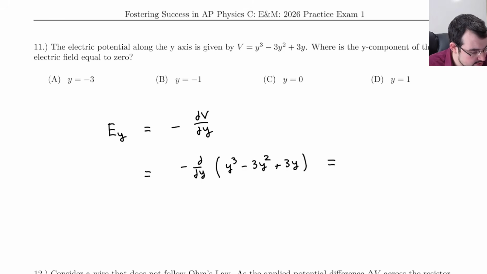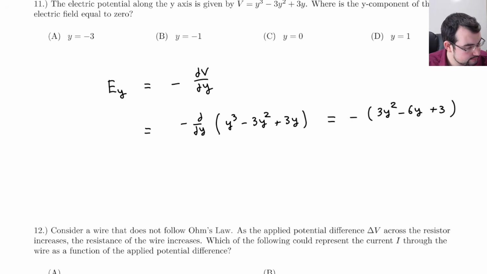So I'm just taking the negative derivative of the potential function, and that would be just the power rule, like so. And where is the E field 0? We're just setting that equal to 0. So 0 equals negative 3y squared minus 6y